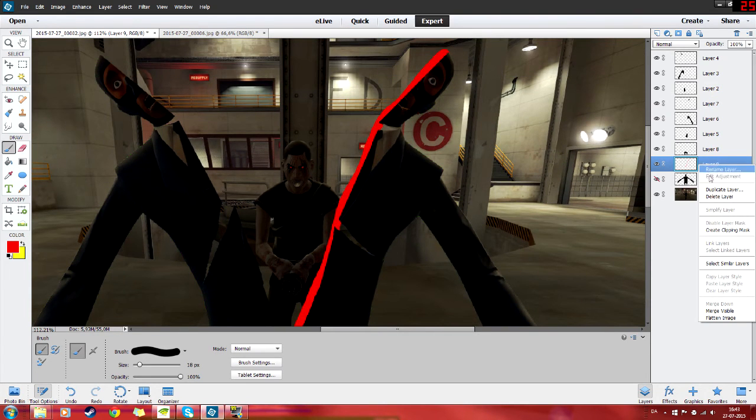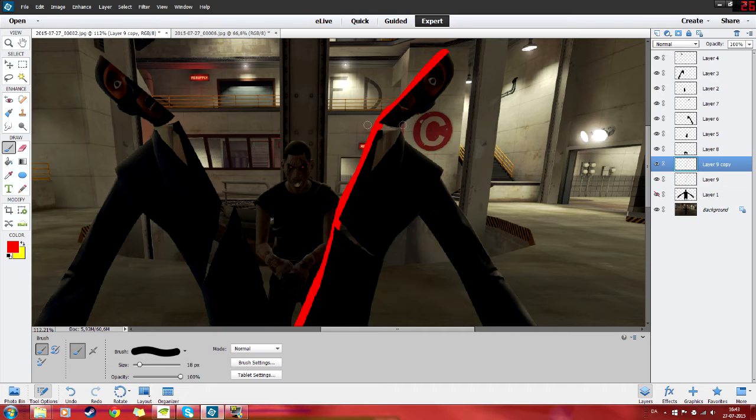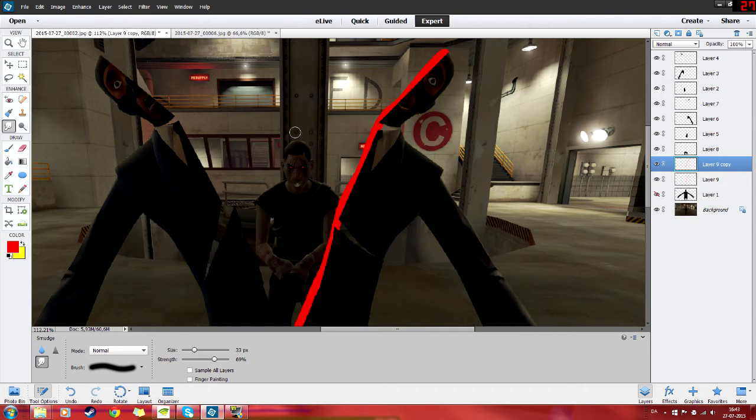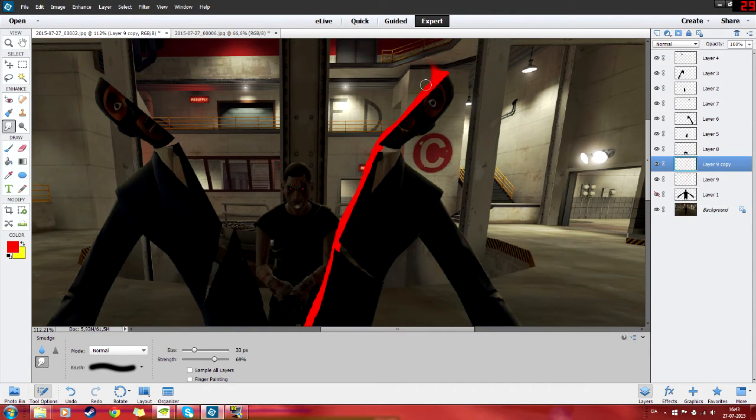Now I'm gonna do a duplication of this layer just in case, and now I'm gonna take the smudge tool, and I'm basically just gonna smudge it out like so, and in that way create a blood effect. And this is once again gonna take a while, so